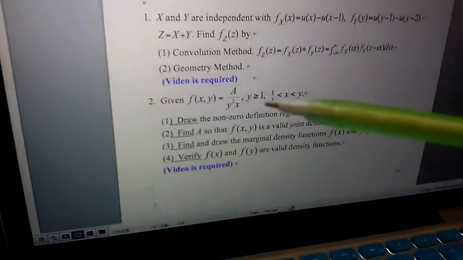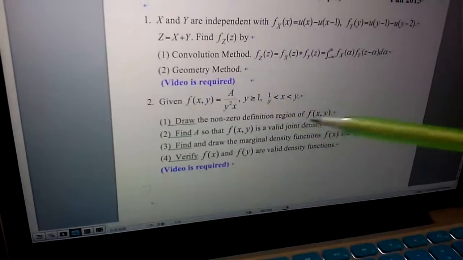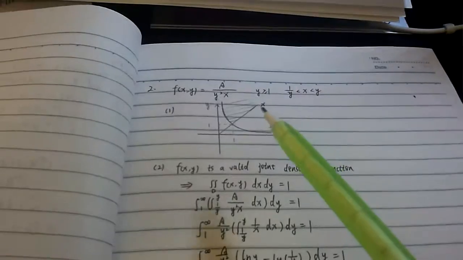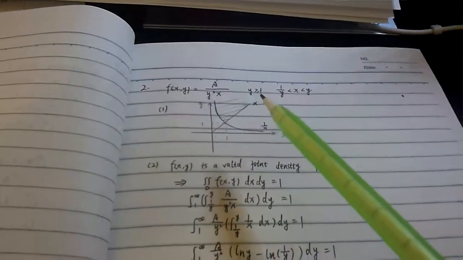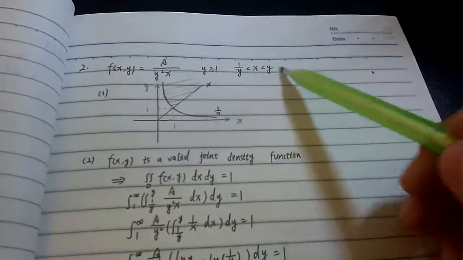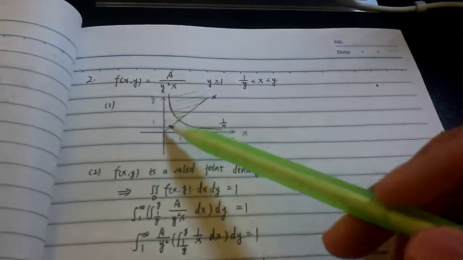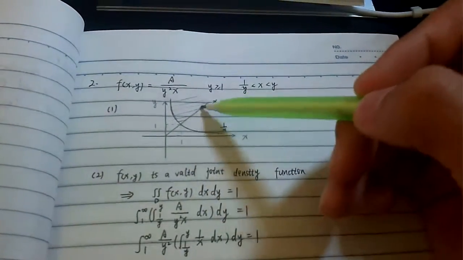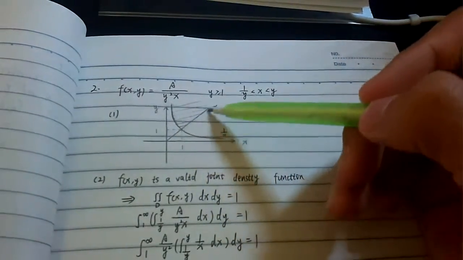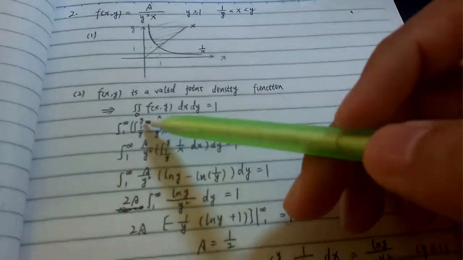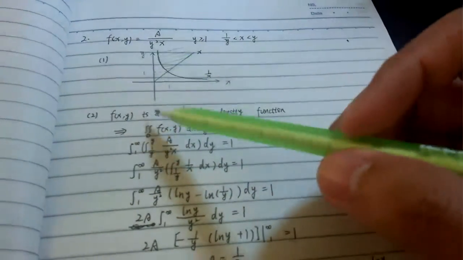Question 2 is given f_XY, and we draw the region of f_XY. Then we can get that y is larger than 1, and x is this way, so we can get the image just in this part, because x is this part and y is larger than 1. And the second question is